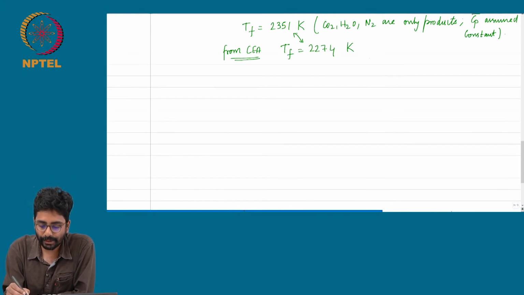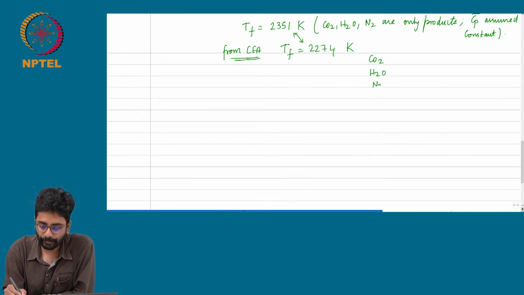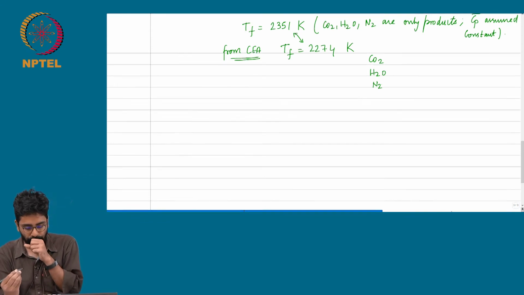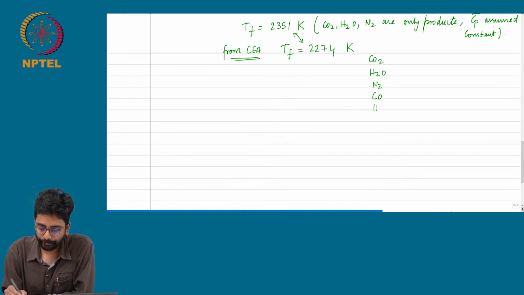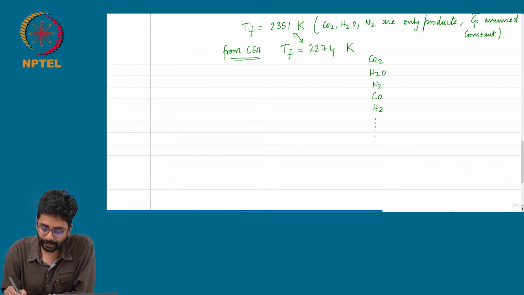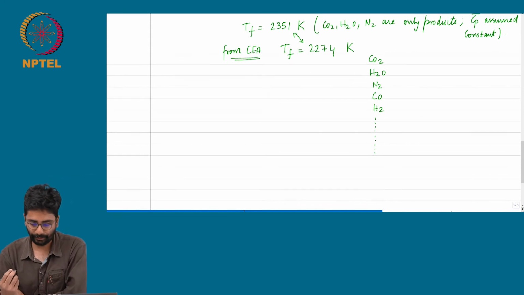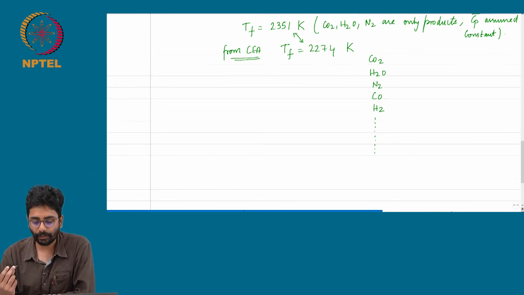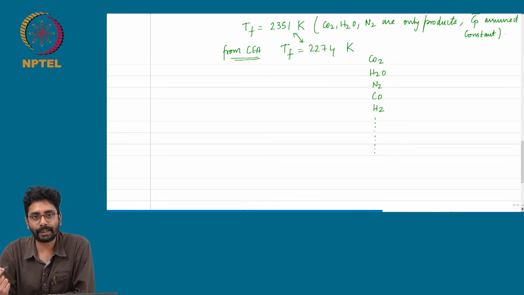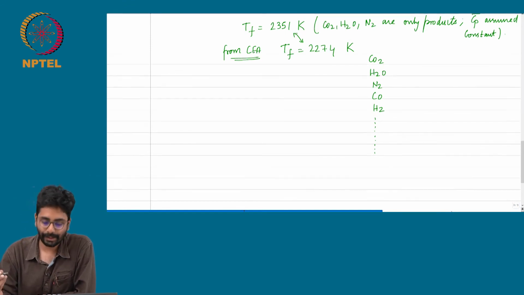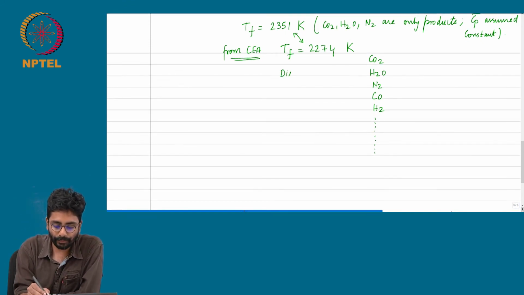So if you look at the product concentrations that CEA gives, in addition to CO2, H2O and nitrogen, you will also find CO, H2 and traces of several other species. Okay. So one of the primary reasons why the estimate of the adiabatic temperature from the simple calculation differs from the actual numbers is because of the phenomenon of dissociation. What I mean by that is that